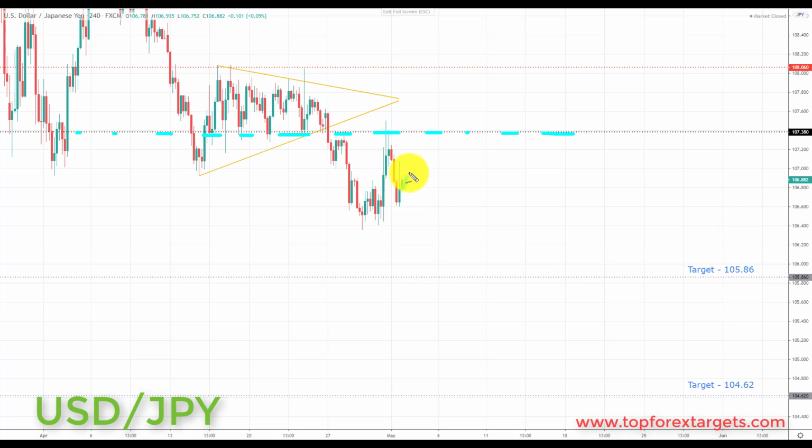So very simply put, going into this week, any pullback in this area, and preferably a retest of the 107.380, as this would give us better risk to reward setups down towards the target. Any pullback in this area is going to be viewed next week as an opportunity to start to look for bearish setups. And if we get the right kind of bearish setups in this market, we're going to be looking at initiating shorts down towards the next key of support to the downside and the target set at the 105.86. And if we can get a break through here, we're going to be looking down towards the next key of support to the downside and target 2 at the 104.62.